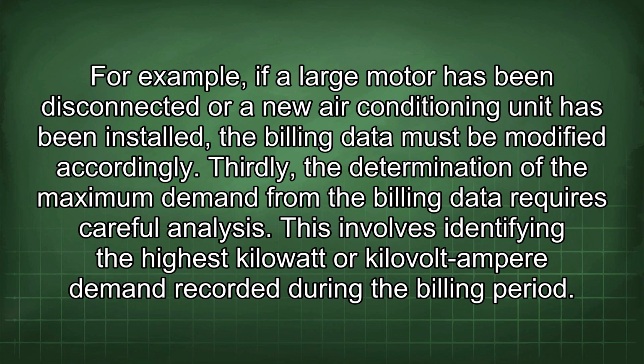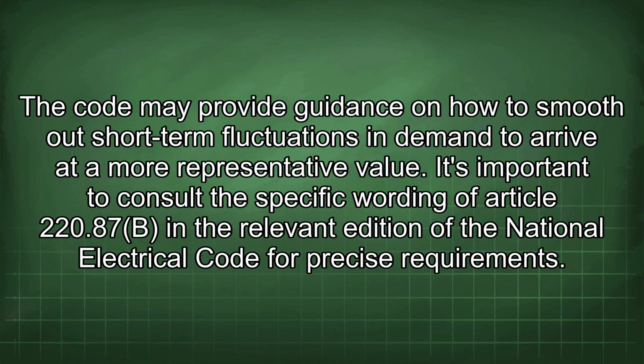Thirdly, the determination of the maximum demand from the billing data requires careful analysis. This involves identifying the highest kilowatt or kilovolt ampere demand recorded during the billing period. The code may provide guidance on how to smooth out short-term fluctuations in demand to arrive at a more representative value. It's important to consult the specific wording of Article 220.87(B) in the relevant edition of the National Electrical Code